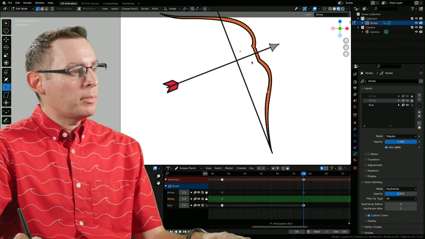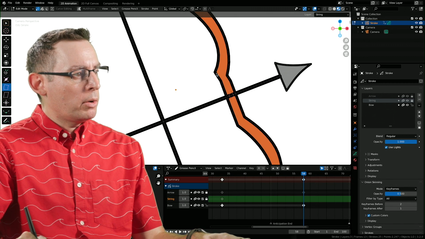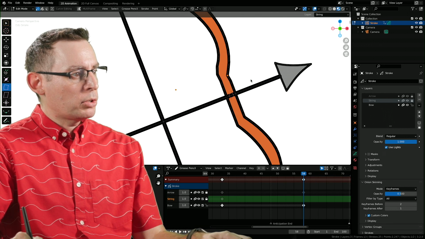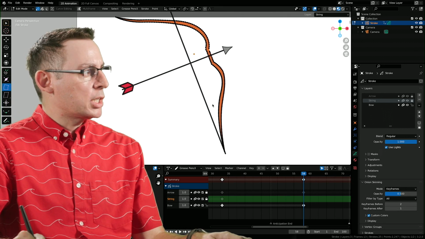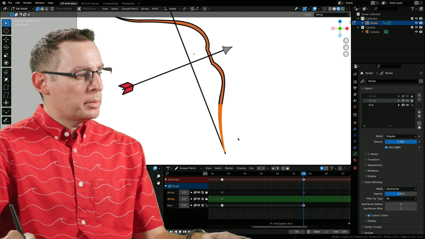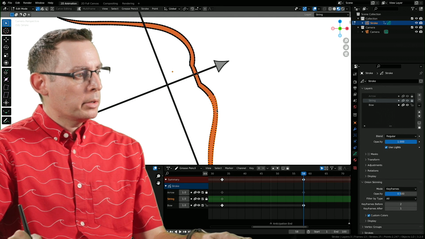Let's do the exact same thing on the bottom side. Yeah, I might go in and fix these real fast. I'll make it as angular. That's a great thing about working in Blender. We can easily change things. Let's go back into our box selection tool. I'm going to grab these points at the bottom part of my bow's arm.